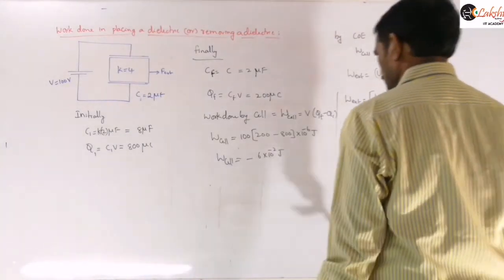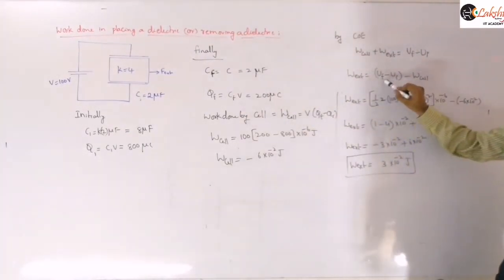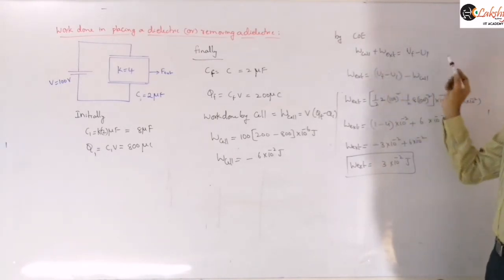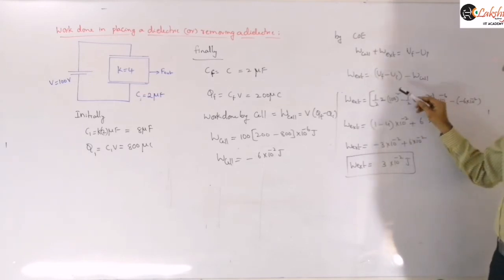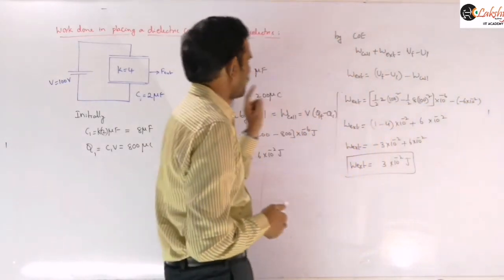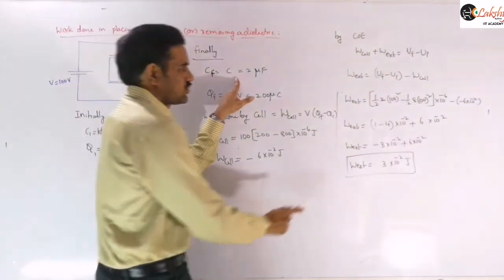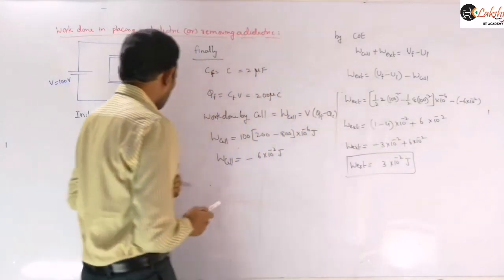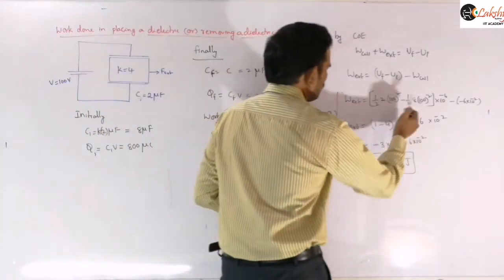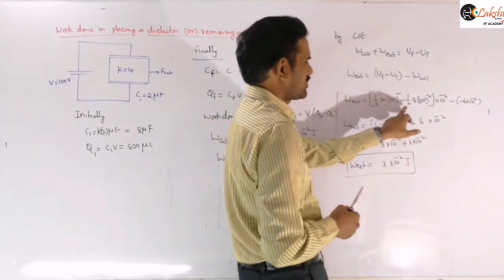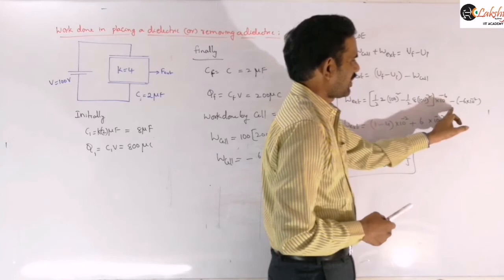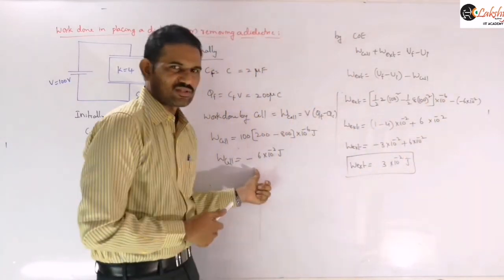So now this work done by the external agent, we can write it as change in potential energy minus this work done by the cell. I am writing this work done by the cell this side. And now you can substitute these values here. U final is nothing but you can write this expression as half C V square formula. So C means C final we need to write. So final is 2. So half into 2 into 100 square minus half into C initial, that is 8. So then 8 into 100 square, and both are in microfarads it is given, so I am taking the 10 power minus 6 common, and this is work done by the cell is minus of minus 6 we are getting here. So this is our expression.